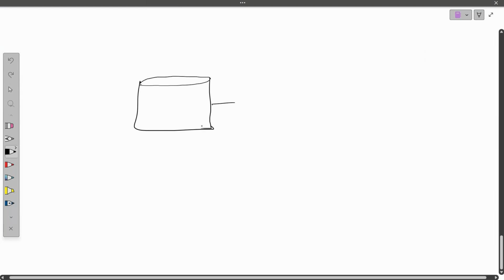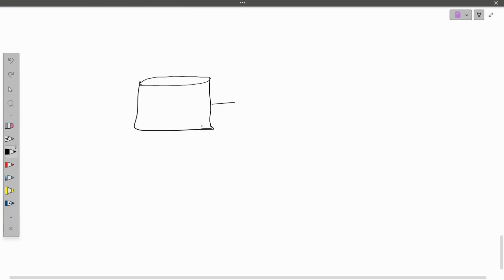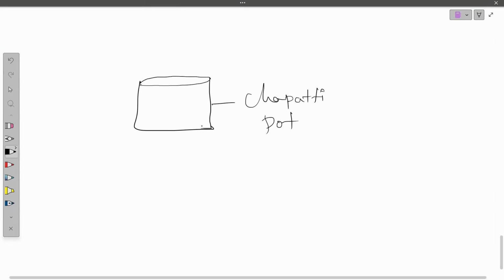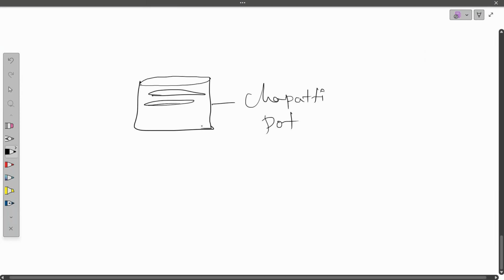Let's say a chapati pot, where we keep the chapati. Every day we keep chapati inside this. But is it possible for us to keep the same size of chapati every day?